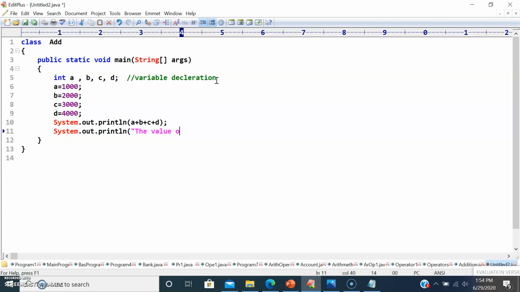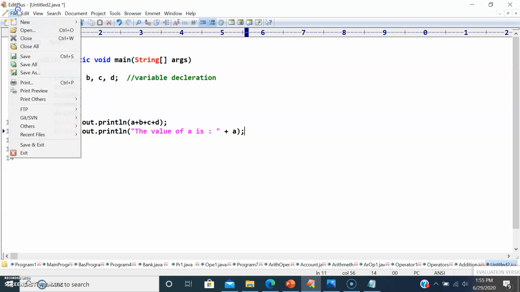So the value of a is, plus. In that group of words you can use any special characters also, but that should be enclosed with double quotes, plus a. In this scenario it is going to print the value of a is 1000. So let me save this program now.